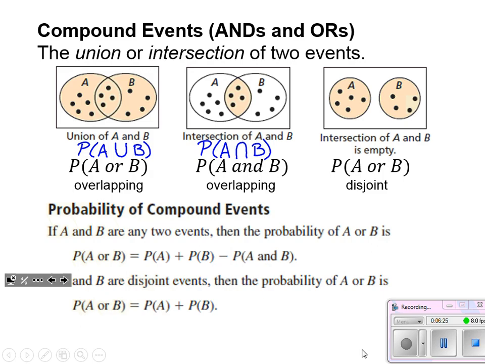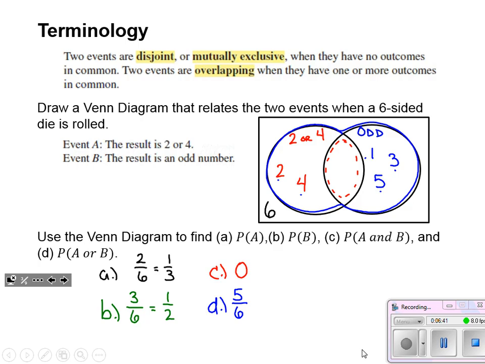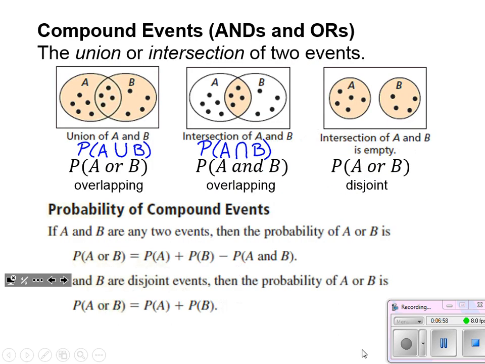Okay, so how do we calculate these compound events? So now really breaking it down into ands and ors, when we're dealing with an or situation, which is the majority of what we're talking about today, we are adding the probabilities together. And we saw that in the last example here when we did the probability of A or B. That was like taking probability of A plus the probability of B. And that's another way we could have come up with that 5/6. We just looked at our Venn diagram, but that's how the probabilities tie in with this.